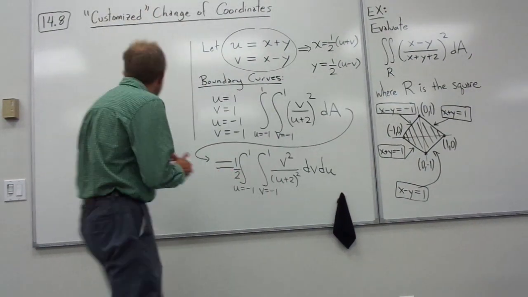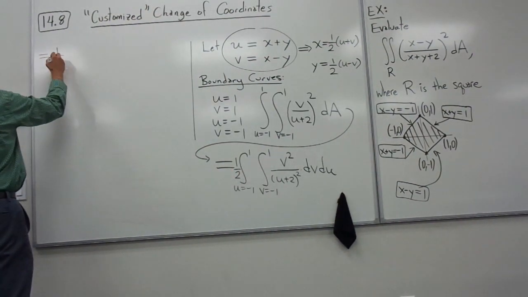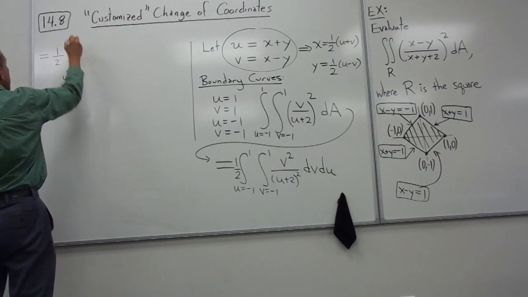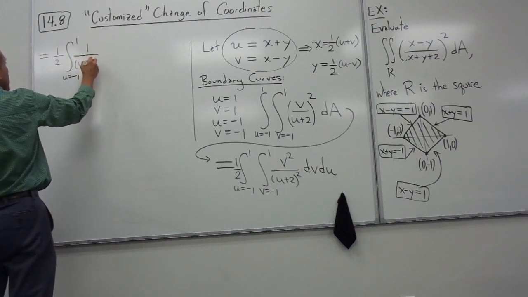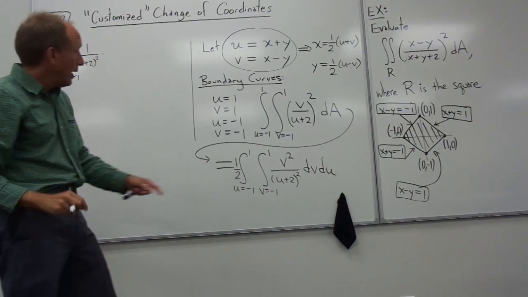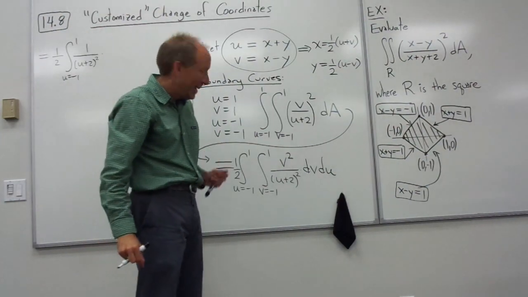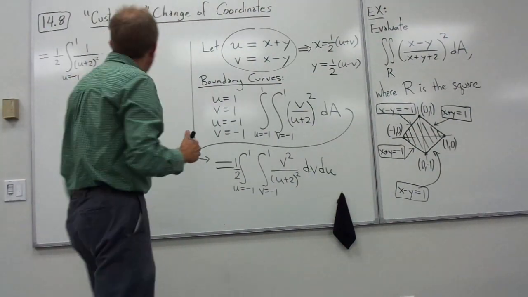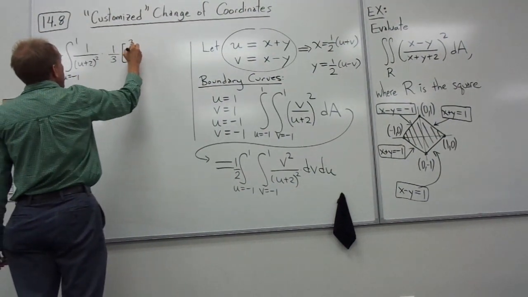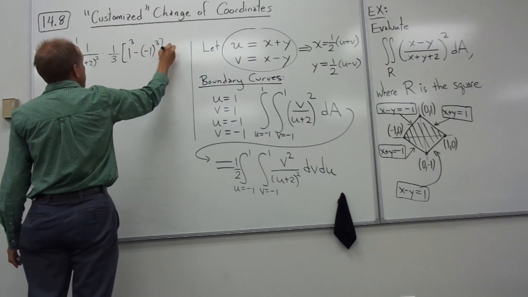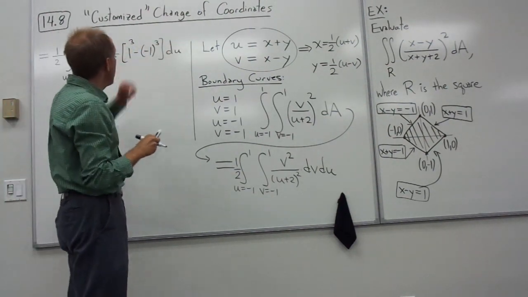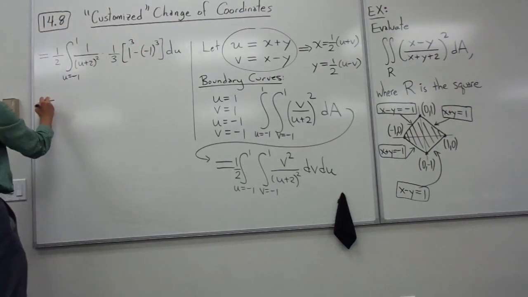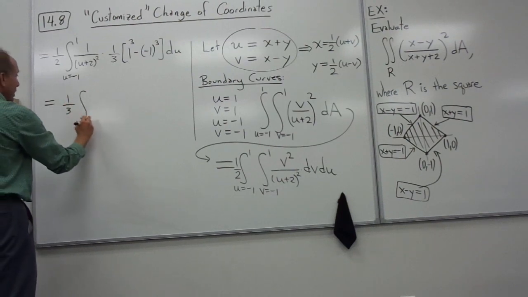Anyway, for this one, I'm going to start with the inside integral, which is v. So I'm going to leave my u integration on the outside. That means I can put the 1 over (u plus 2) squared on the outside. And I just have to integrate v squared. Well, that's going to give me 1/3 of v cubed. And v cubed is going to be evaluated from 1 down to -1. So I take 1 cubed and -1 cubed. That's actually going to give me 2. That 2 is going to cancel that 1/2, and I'm going to be left with 1/3 of the integral